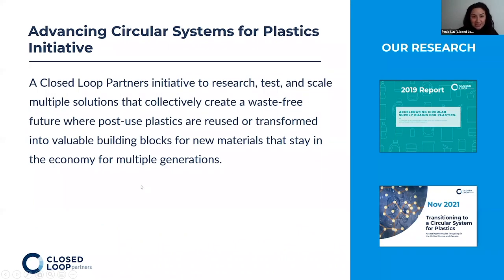And so in 2018, our firm launched the Advancing Circular Systems for Plastics initiative. This is an initiative that spans the entire firm and brings together different parts of our asset management and R&D teams to research, test, and scale the different solutions that are solving for different kinds of plastics waste in our system. Related to molecular recycling, also known as chemical recycling or maybe advanced recycling, if those are more familiar terms that you're using,